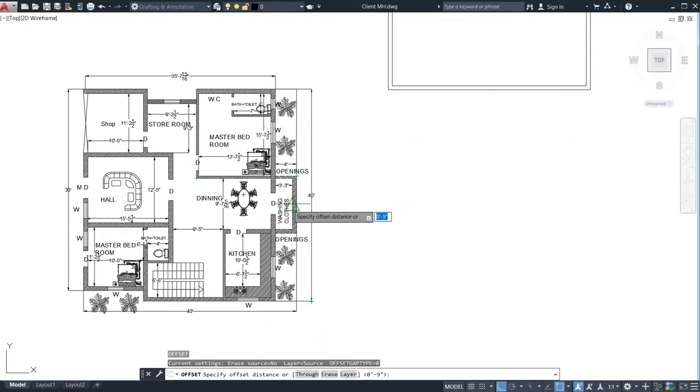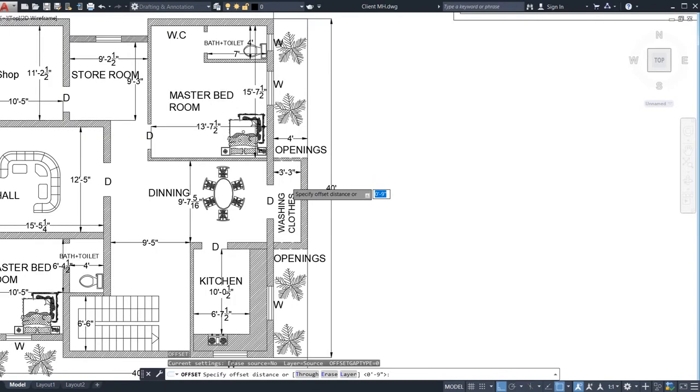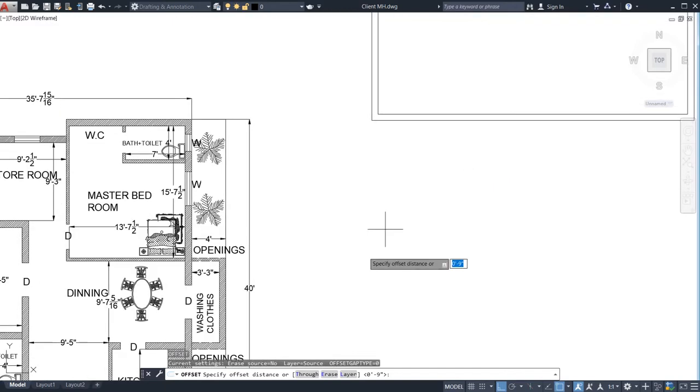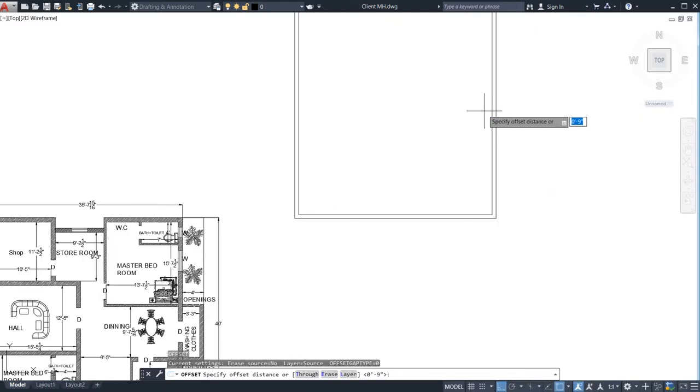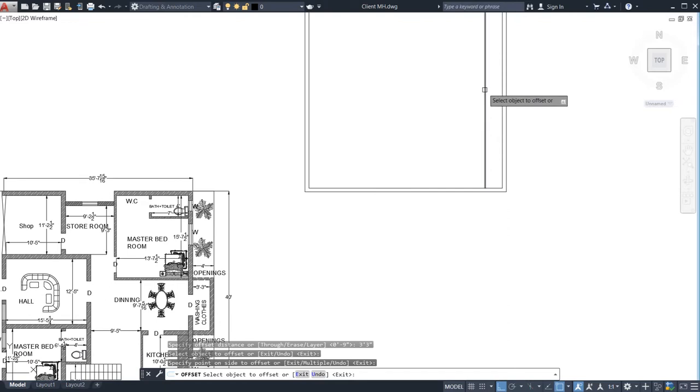See, this is my washing cloth area, where I need to keep the washing machine, right? The width of this room, this space, is 3 feet 3 inches. So I need to do offset here, I already did it here, 3 feet 3 inches. Just go for offset of it. Now you can see I have dragged it. Now I need to go for the same 9 inches for the wall thickness.